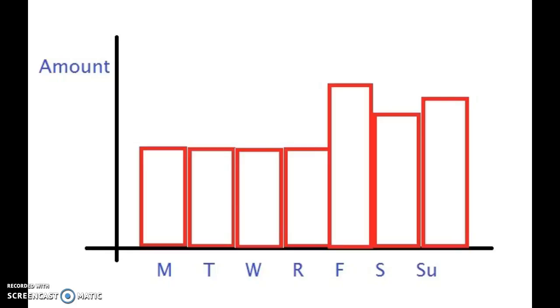I want to provide a little bit of clarification for this discussion board. Your x-axis should not be measuring time. That would be a time series graph. So this graph could be showing the amount of free time someone has during a week. They have about the same amount of free time during the week, and then their free time spikes on the weekend. That's not what we're looking for.